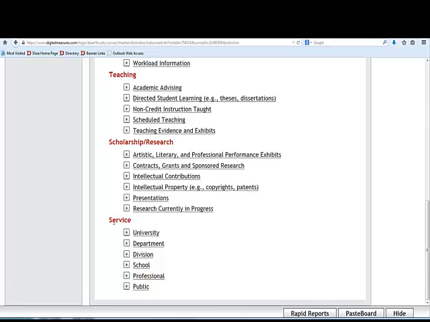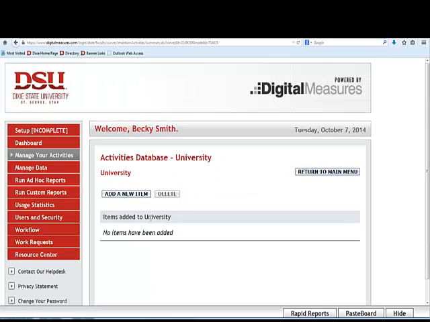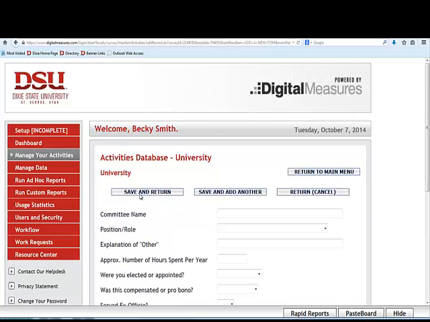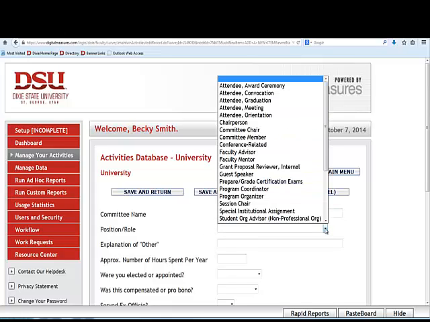The last category is that of service. Service can be done in many different areas. It can be done for the university, for your department, division, or school. It can be professional service, and it can be public service. Regardless of what the service is, put them in the right categories, but they're all filled in the same. What was the committee that you participated in? What was your role in that particular